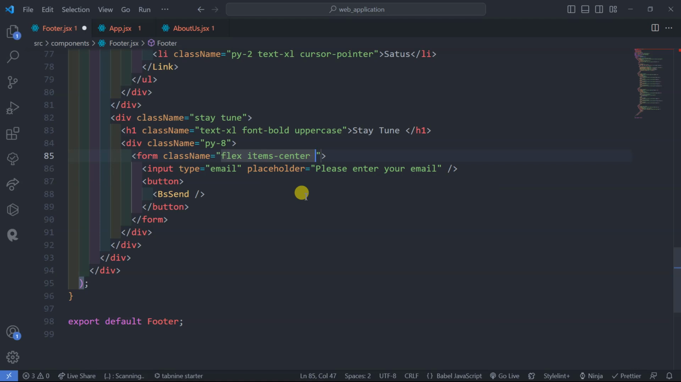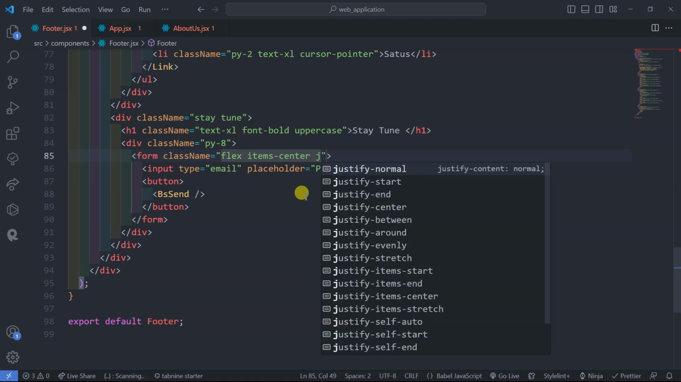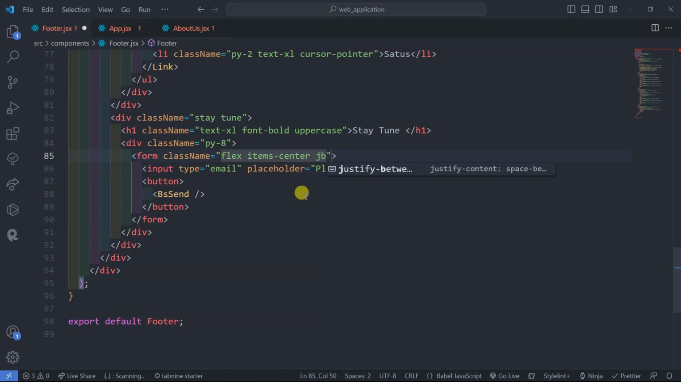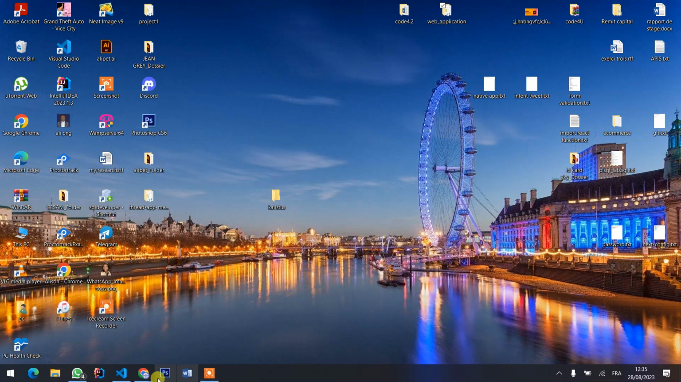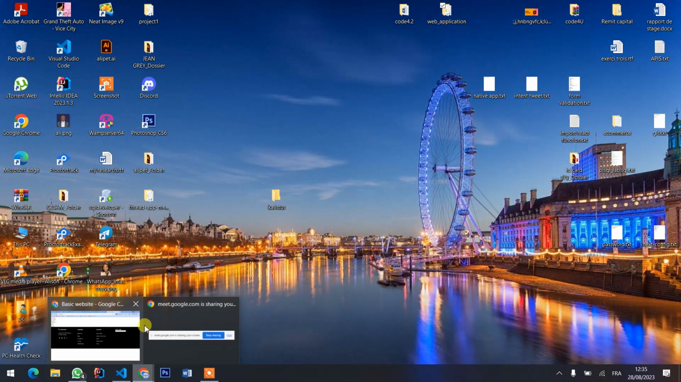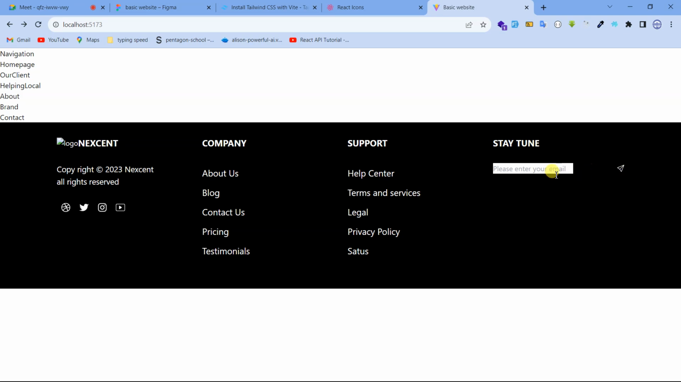Okay. Then justify space between. It's going to be justify-between, meaning justify space between. Okay, to separate them, one stays on the left, the other is going to be on the right-hand side. So let's see, are we getting the same thing we are trying to get? If you go here and see, this one is pushed away because we are using justify space between. And then here, this 'please enter your email'